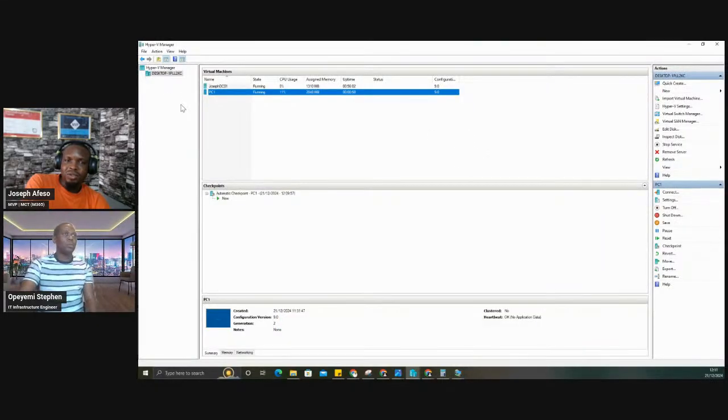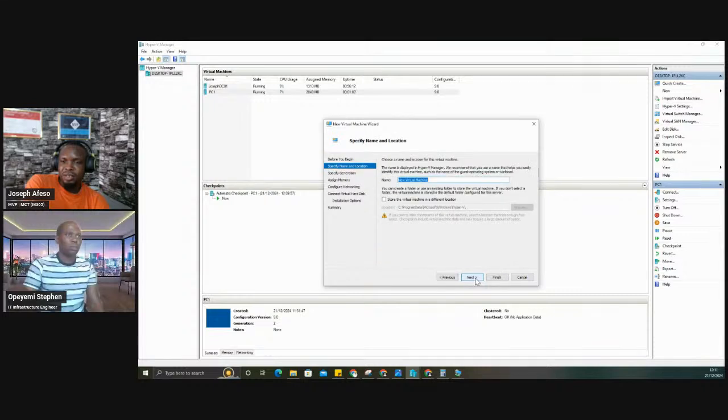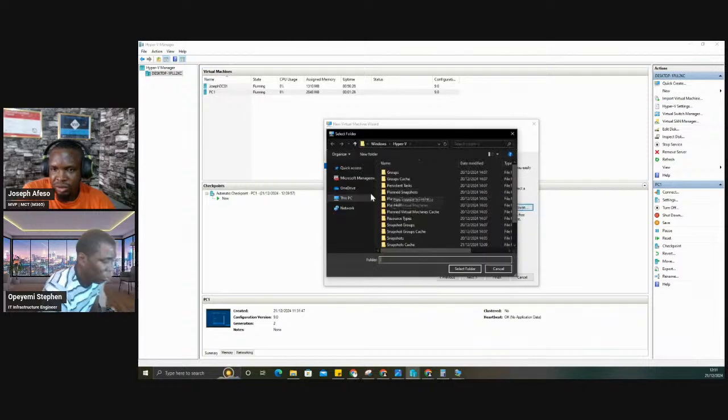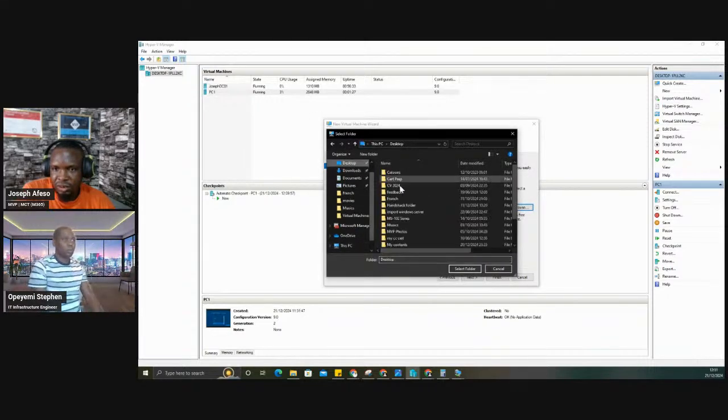So while that is trying to do its thing, I think we can just quickly create one that will be coming up from the side, just in case we don't PC2. Let me just remove that. I think we use PC1, that one. We just use PC2, and then browse to desktop,